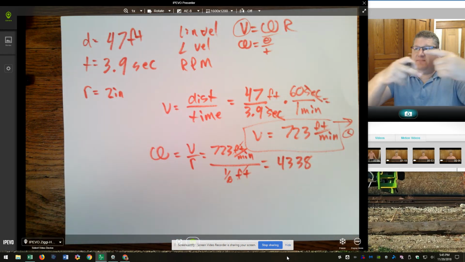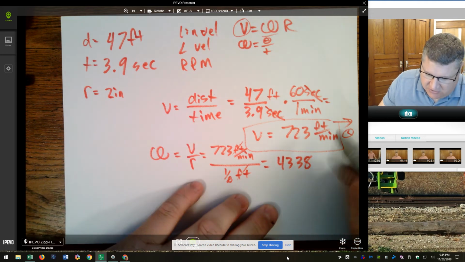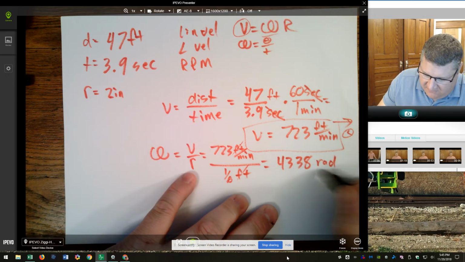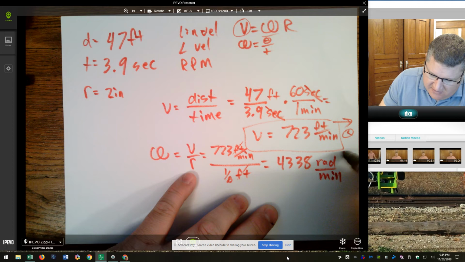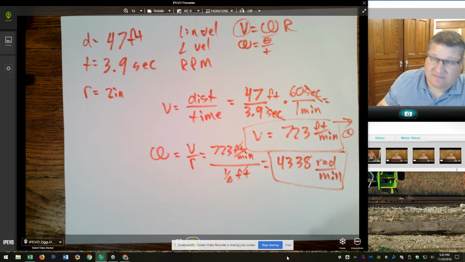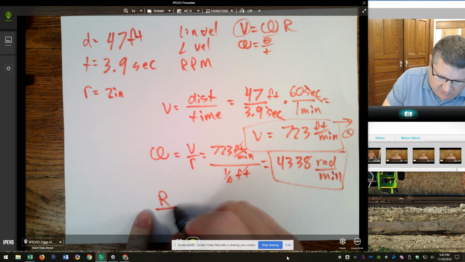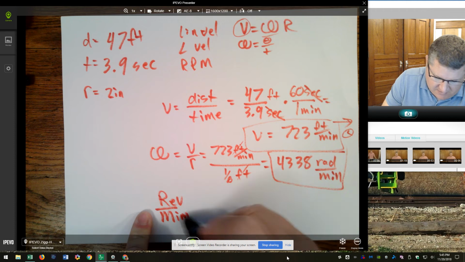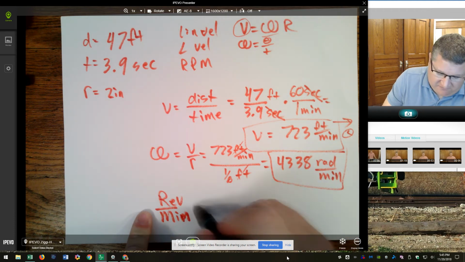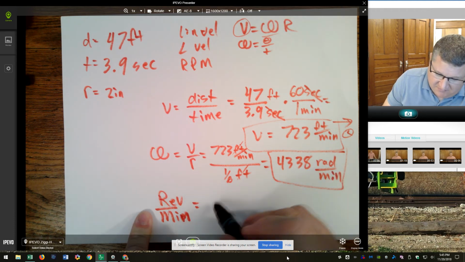We're actually talking about something that's moving in a circle, and so that's going to be radians per minute. With radians per minute, that's easy enough to move to RPMs. RPM is really revolutions per minute. And so we need to take our radians per minute,